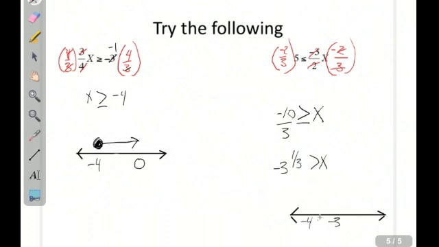Negative 3 1/3 is going to be somewhere about right here. We're going to break this up into thirds. It would be a third, 2/3, finally 3/3. So x is less than. This dot is actually going to be a closed dot. And it's less than, so it's going to